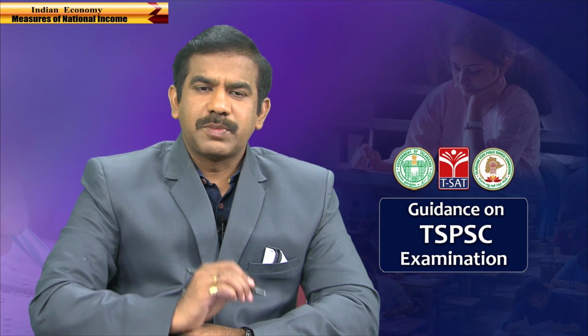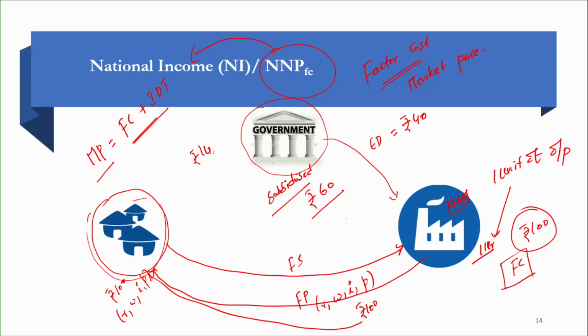Of course, it is from the taxpayers' money. In such case, what do you think is the price at which the oil making company sells in the market? It is going to be not 140, because 60 rupees is the subsidy that the company receives from the government. The final market price would be right now at 80. So, now the price of petrol in the market comes down to 80.